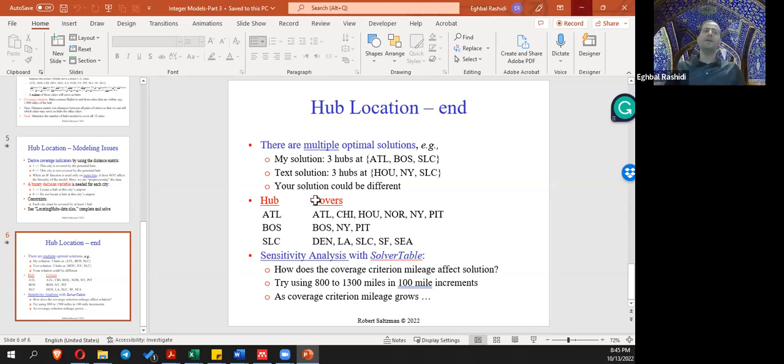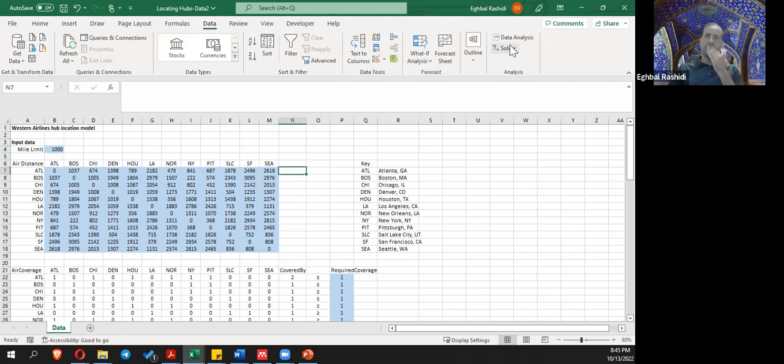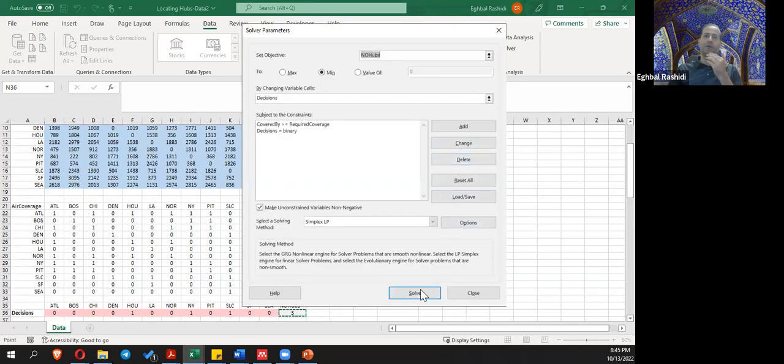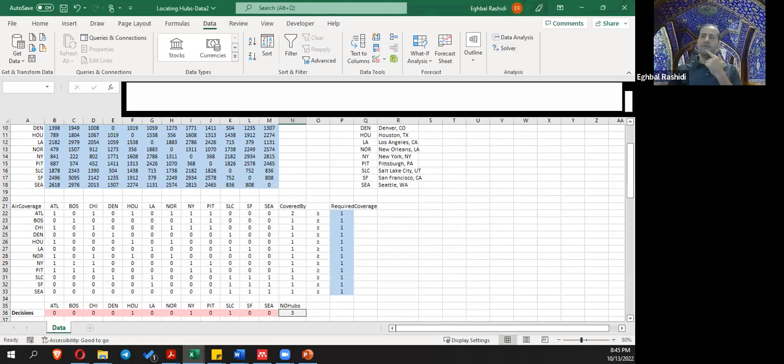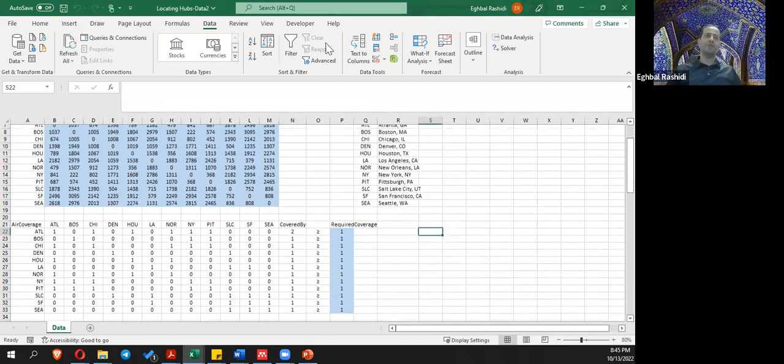So we want to do a sensitivity analysis. There is here a major, very important input. These are all values that don't really change. These are the air mileage. But what can change is the assumption that you cover a hub when it's closer than 1,000 miles. This is a very important assumption. So you want to do a sensitivity analysis here, because this is an integer model. The solver doesn't give you the sensitivity report. So that's too bad, but we are lucky to have